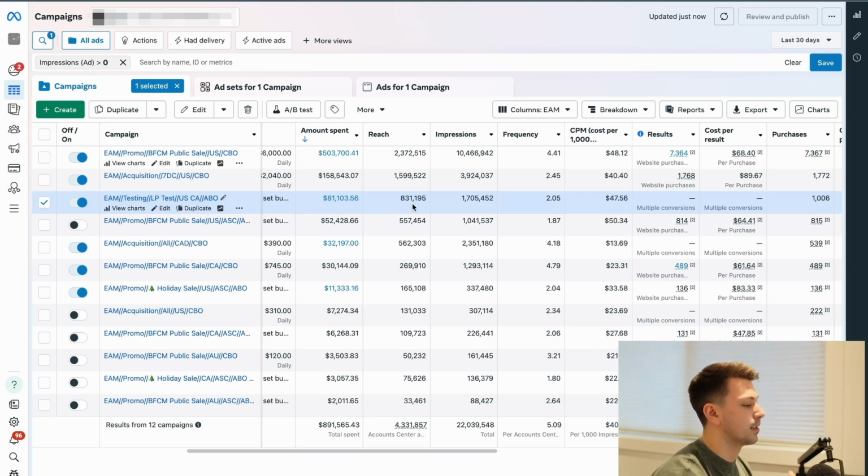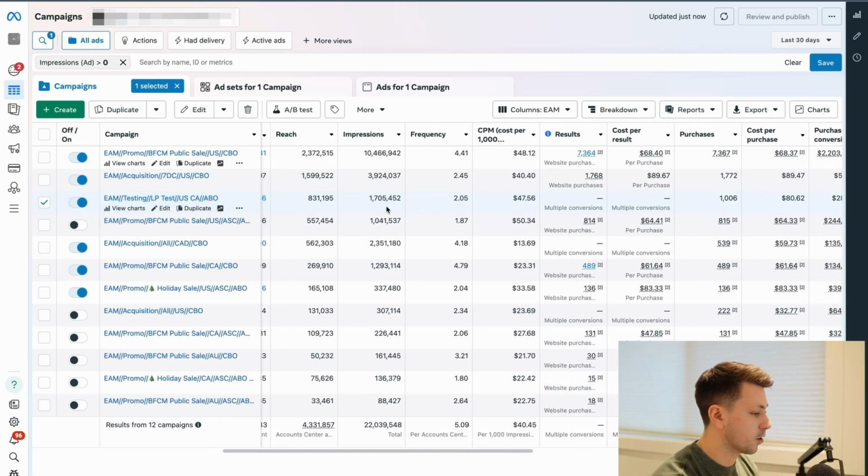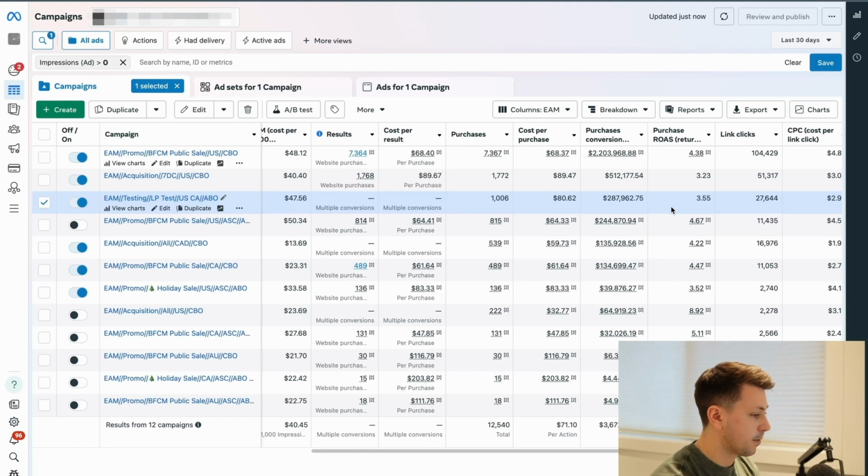Now, after we've been testing it enough, we've noticed that you can also run CBO on this, meaning that you just launch your new landing page test inside of there and just let Meta put spend wherever it wants. However, as you can see, this campaign did extremely well, and what we were doing inside of here was we were taking our best ads and we were building customer journeys or congruent landing pages for them and testing them